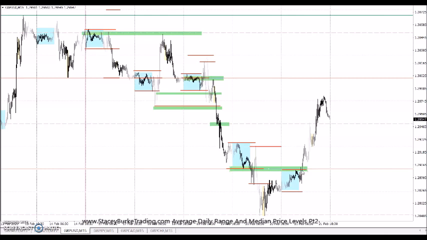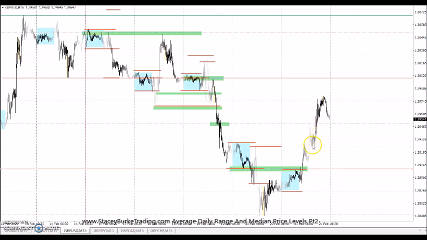And then again, 50 pip boxes moved up a level. So we have off the bottom, one level of rise, two levels of rise, and we finished the week in consolidation above the 50 pip box. So average daily range can give us some feedback on Friday: one level, two level, three levels, four levels of rise. That's 100 pips.